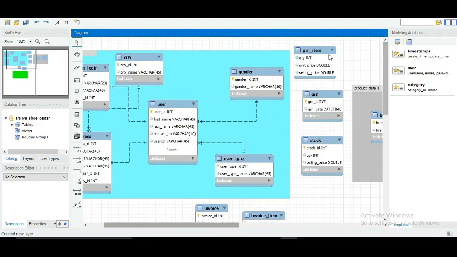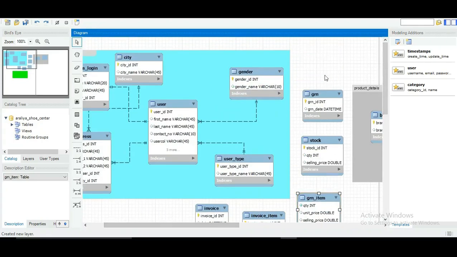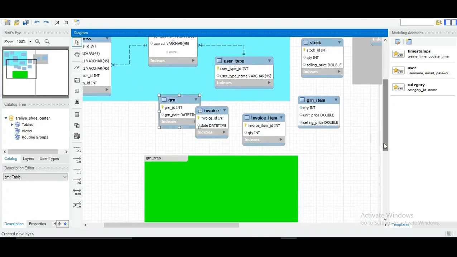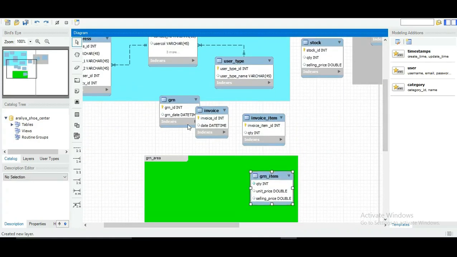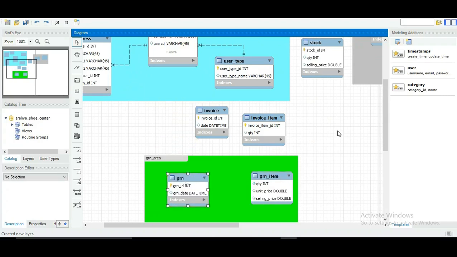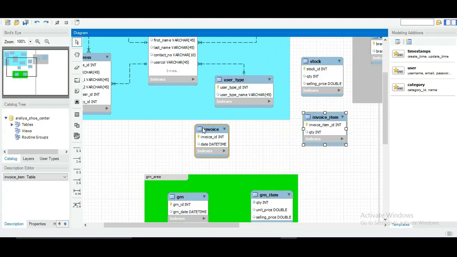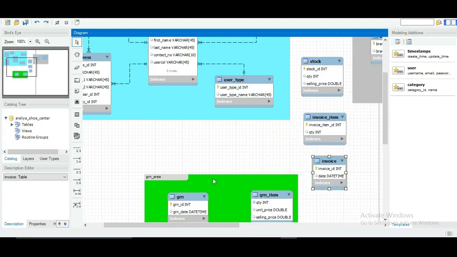Next, I'm going to put both these tables in that area. Like that. And now what I need to do is just create the relationship between the GRN and the user table.